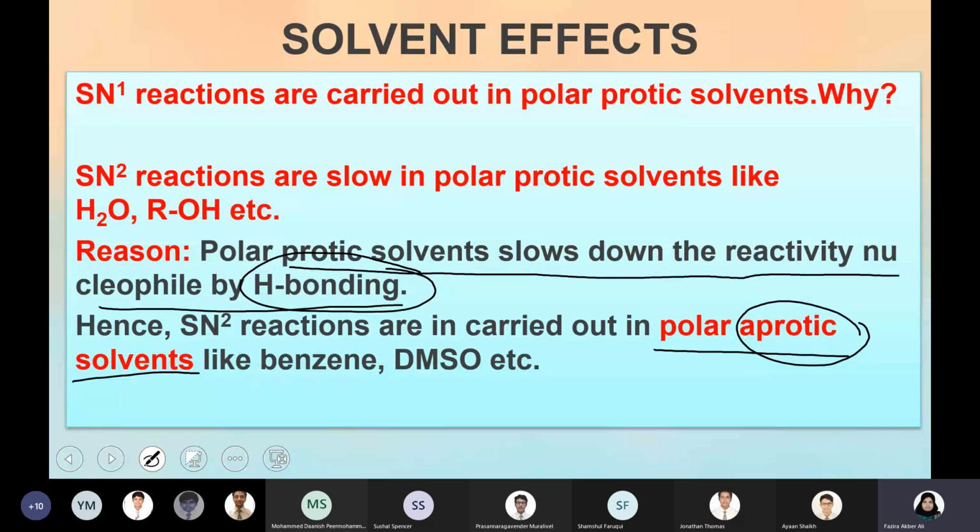Anyone else have any idea why SN1 reactions are carried out in polar protic solvents? Because a polar protic solvent slows down the reactivity of the nucleophile, it gives more time for the leaving group to leave from the carbon, thus forming the carbocation. Yeah, actually in SN1 reaction, the first step is breaking of the carbon-halogen bond. The leaving group should be broken first from the alkyl halide. As the solvent slows down the nucleophile, it won't attack the carbon before the bond breaks.